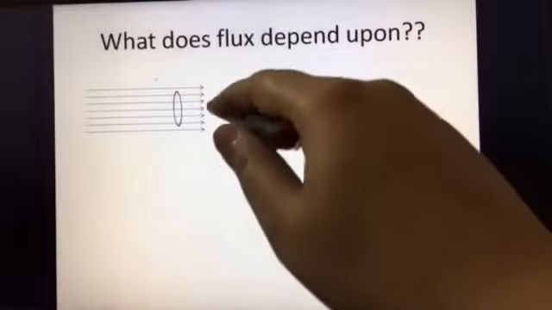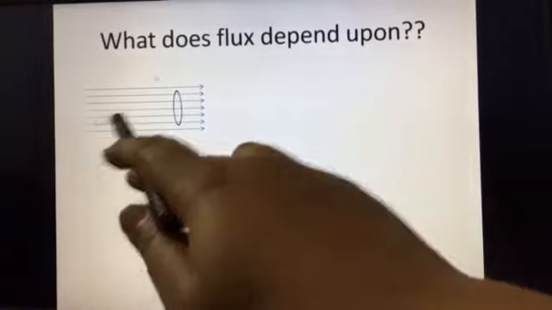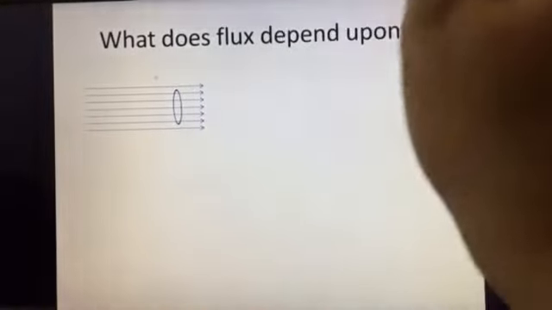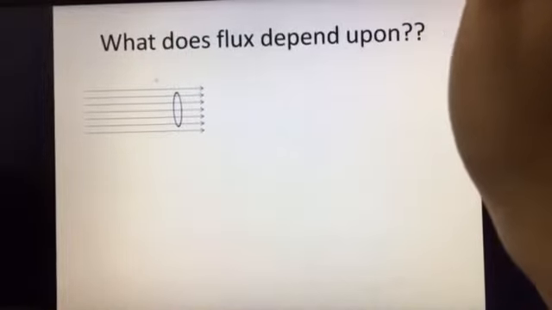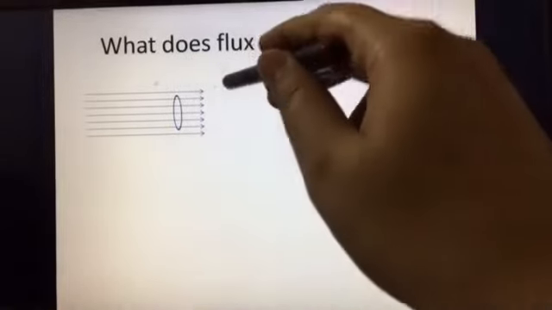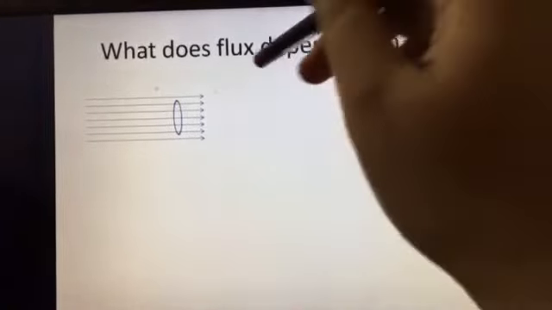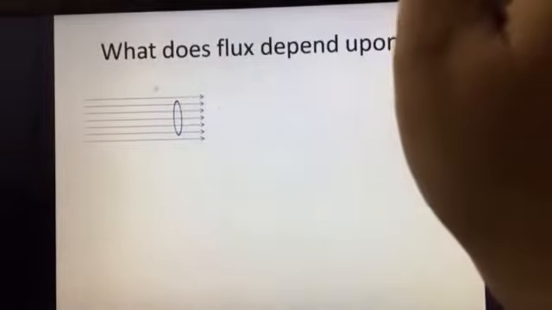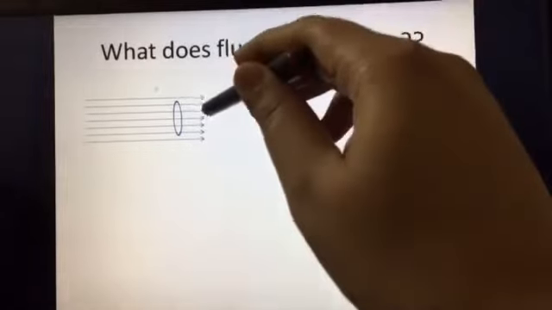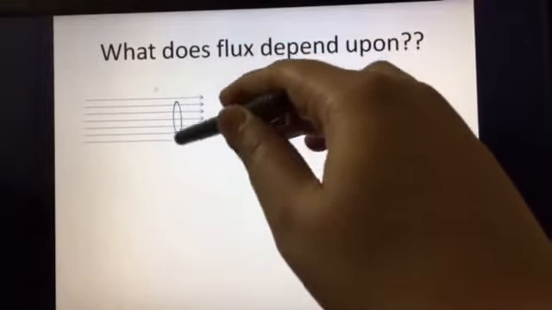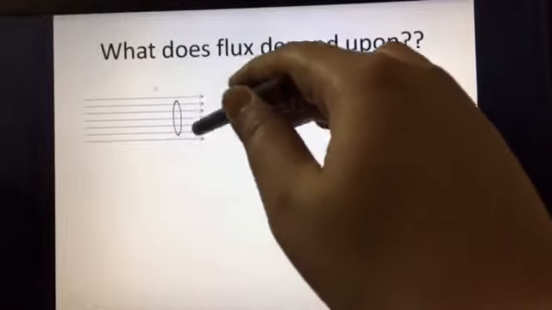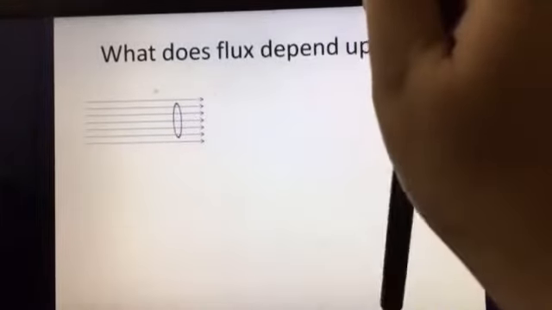So here we see that there is an electric field. These electric lines of force are indicating an electric field. See how these lines are? These lines are parallel and equidistant. What does that imply? It implies that this is a uniform field. In this uniform field, we have considered a small area. This is the area. And now we want to find what is the flux through this area.